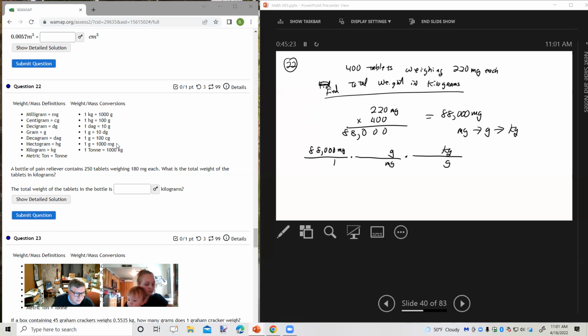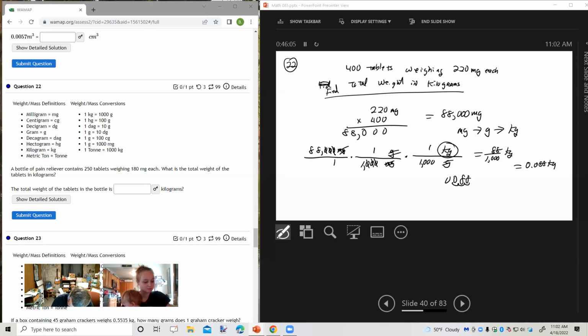Milligrams, 1 gram is 1,000 milligrams. And then grams to kilograms, 1 kilogram is 1,000 grams. So units of milligrams and grams go away, and I have kilograms. I can get rid of 3 zeros on top, 3 zeros on the bottom. So now I've got 88 over 1,000 kilograms. But dividing by 1,000, we'd move the decimal point 3 places to the left,